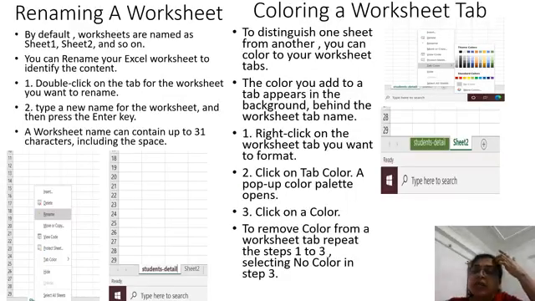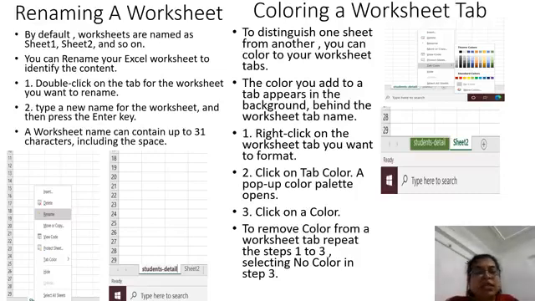After inserting the worksheet, we can rename the worksheet, which means we can change the name of the worksheet, because by default it gives Sheet1, Sheet2, Sheet3, and so on. For that, take your mouse pointer on the sheet name and just right click. It will give you so many options. Out of that, click on rename, and it will allow you to change the name of the sheet. Give the new name and just press the enter key.